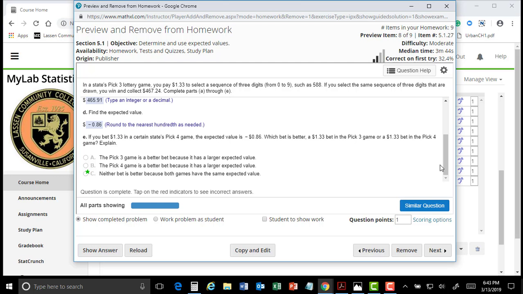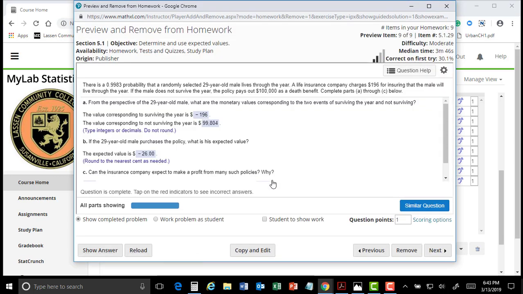Let's do some more of this. They already tell you the expected value. The next ones, you're going to have to calculate the expected value. There's a 0.99 probability, which is pretty close, that a randomly selected 29-year-old male lives through the year. Whoa, that's nice statistics for a life insurance company. Guess what? I'm going to charge you $25 a month or less because you're only 29 and probably in good health. I don't expect you to die. Look at the chances that you don't die. If you realize when you get life insurance, you're betting against yourself. You're saying, I bet I'm going to die before my time, and they're taking your bet. Oh, I don't think you're going to die right away. But I'm 89? Oh, hell, your premium just went way up through the roof. We still don't think you're going to die, but you're paying $100,000 a month. There it is. The value of corresponding